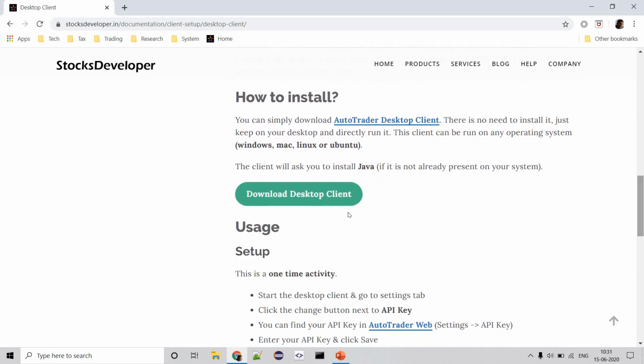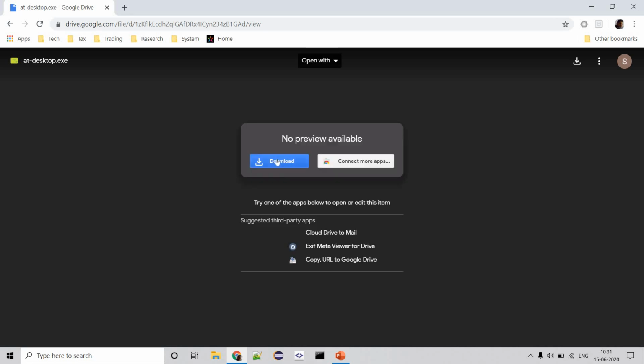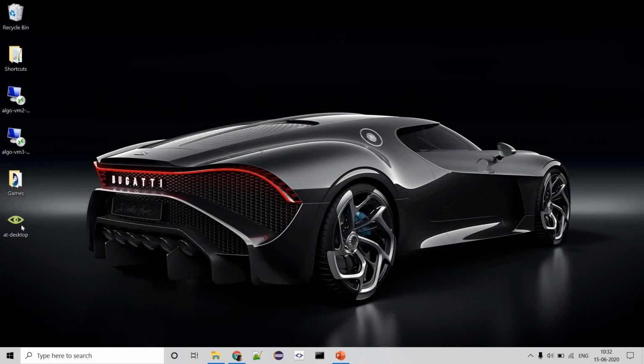Let me click the download desktop client button. It will take me to the company's share drive, on which there is a file called atdesktop.exe. I'm just going to click download. Alright, I have it downloaded here. Let me just start it.